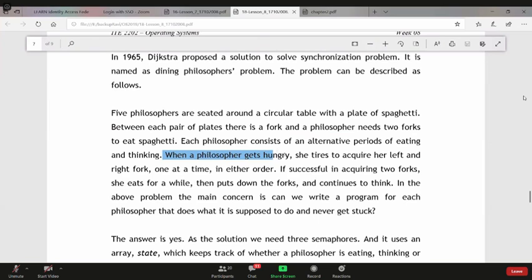When a philosopher gets hungry, she or he tries to acquire her left and right fork one at a time. You can select the order, right? Not both at the same time, but you pick one first, then select the next one. If successful in acquiring 2 forks, she eats for a while. So it's a lady philosopher. So if successful in acquiring 2 forks, she eats for a while, then puts down the forks and continues to think,